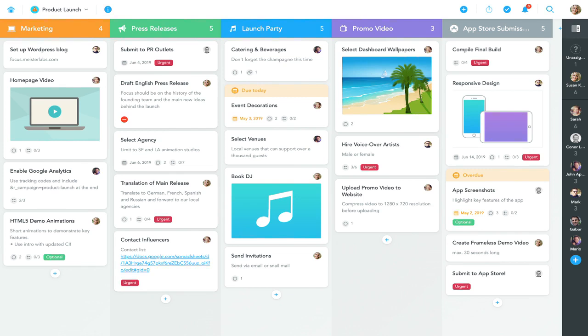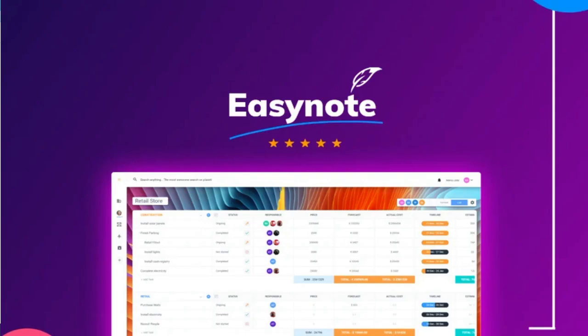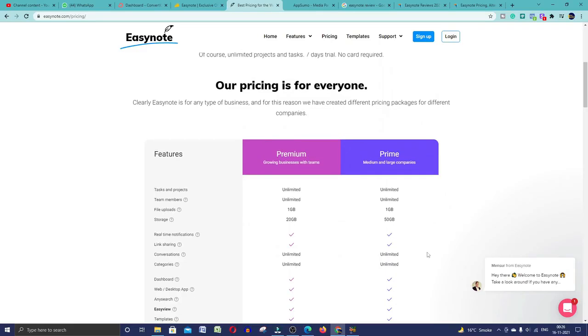So the tool which I'm talking about is called EasyNote. EasyNote is a next generation smart productivity project management software created with simplicity in mind. It helps you organize your work with EasyView or Kanban, invite project members, collaborate with live updates, and search for anything with a powerful search engine. And who is this best for? Designed for businesses of all sizes, it is a project management tool that supports time tracking, reporting, risk management, collaboration, change management and more.